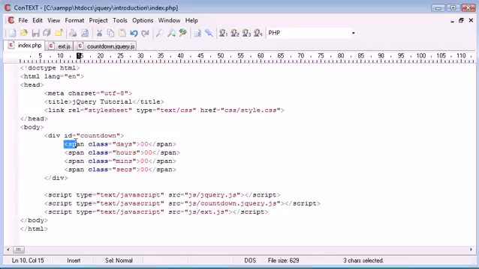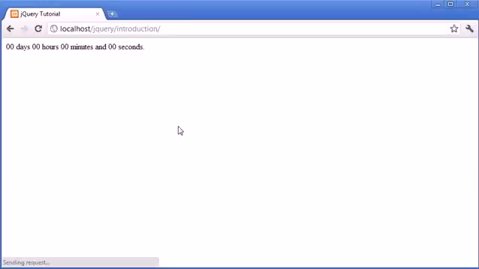So it's important that you have them inside of a span or a div or something like that, a paragraph, anything. So I'll just go ahead and do this. So days, hours, minutes, and seconds, and then that looks something like this. So we've got 0 days, 0 hours, 0 minutes,